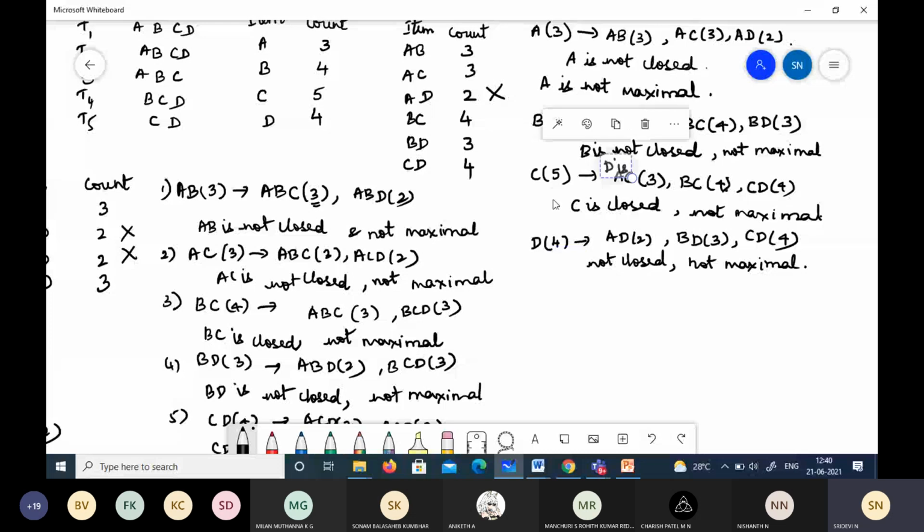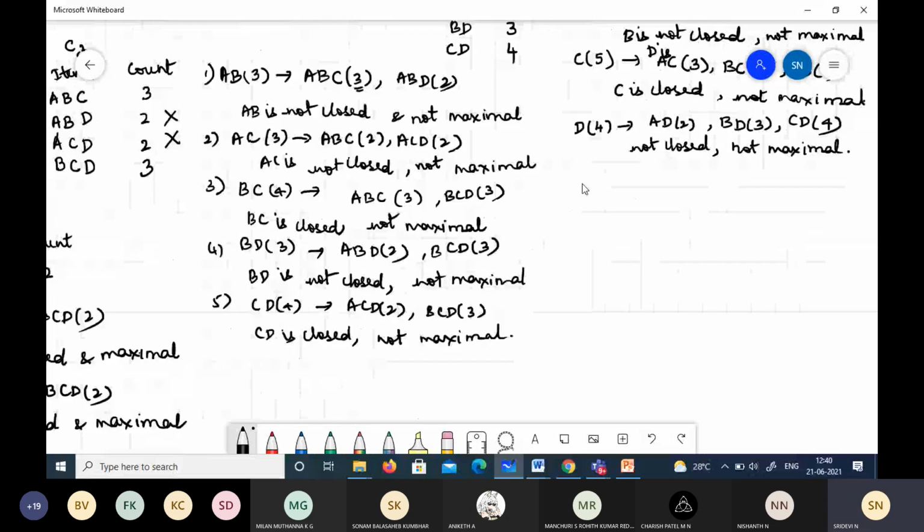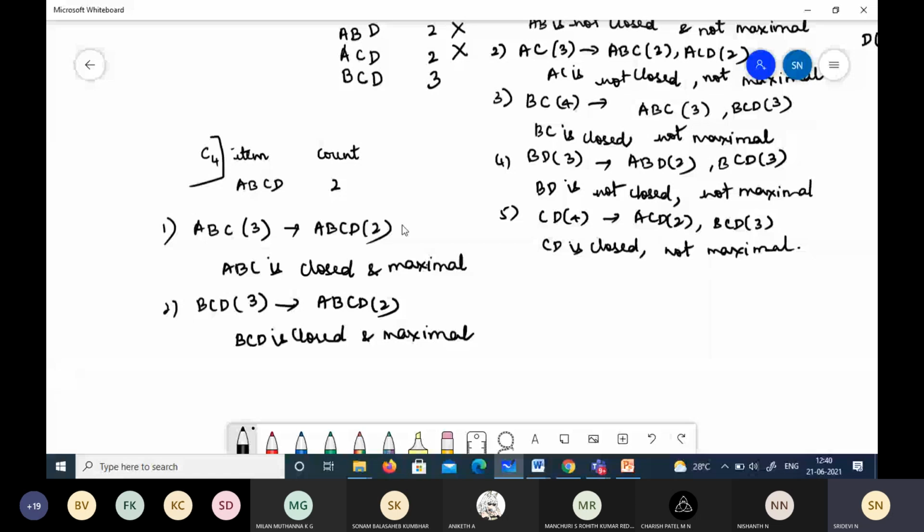Whereas if we come here, see the support count of ABCD, it is less than the minimum support count, and also this immediate superset is lesser than this. Hence we call this closed and also maximal. Okay, got it. So this is one more way of representing the item sets. There may be a problem or they may ask you theory as well, so just take an example and explain.